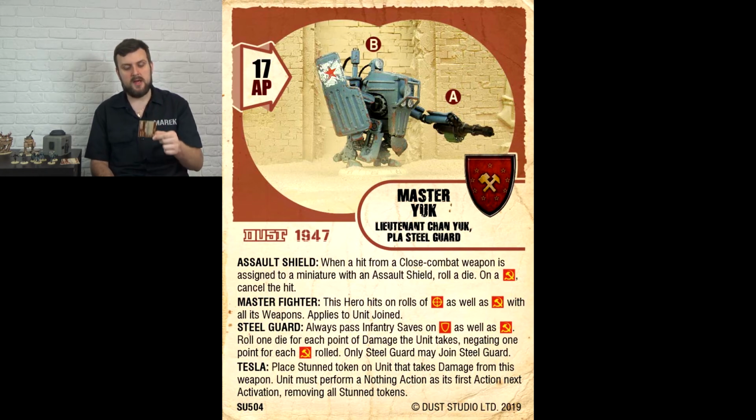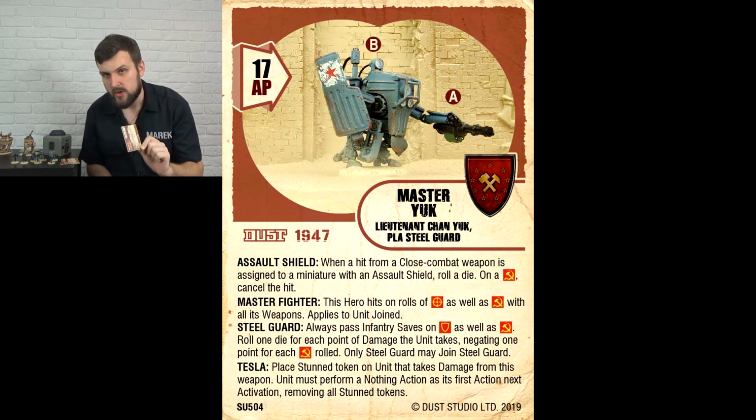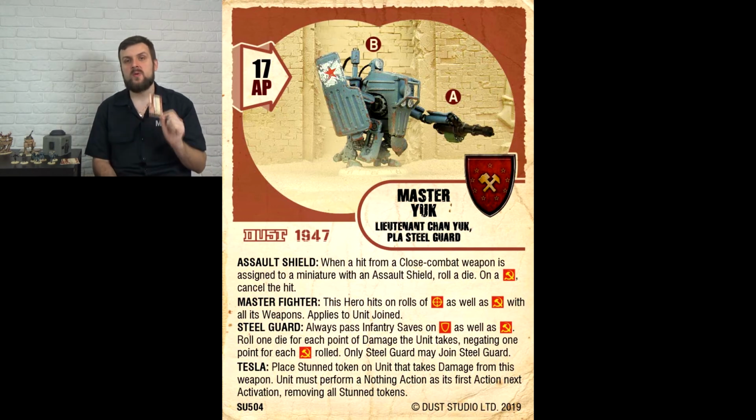And listen to this. This hero hits on rolls of faction and crossers with all its weapons, applies to unit join. That means that this guy, when joined to a Steel Guard unit, all of their rolls with all of their weapons are gonna hit on crossers and faction. And this, my friend, is super powerful. So that explains why he's so expensive at 17 points,